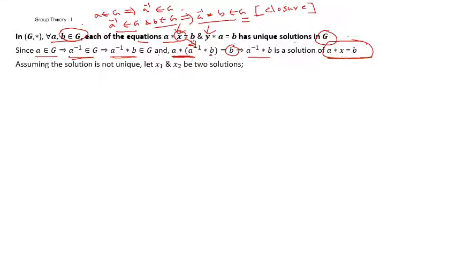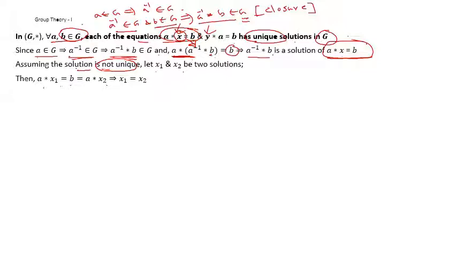Now শুধু সলিউশন আছে এটা আমাদের দেখালে চলবে না, আমাদের দেখাতে হবে ইউনিক সলিউশন আছে। তাহলে আমরা প্রথমে দেখালাম যে A star x equal to B এর একটা সলিউশন আছে, that is A inverse star B. Now we will show that the solution is unique. We will again use contradiction. আমরা প্রথমেই ধরে নিচ্ছি যে this solution is not unique. Suppose they are not unique, so that means it has more than one solution. আমরা দুটো সলিউশন মিনিমাম আছে, ধরে নিচ্ছি x1 এবং x2, অর্থাৎ A star x equal to B এর দুটো সলিউশন আছে, x1 আর x2। তার মানে A star x1 equal to B, আবার A star x2 equal to B,